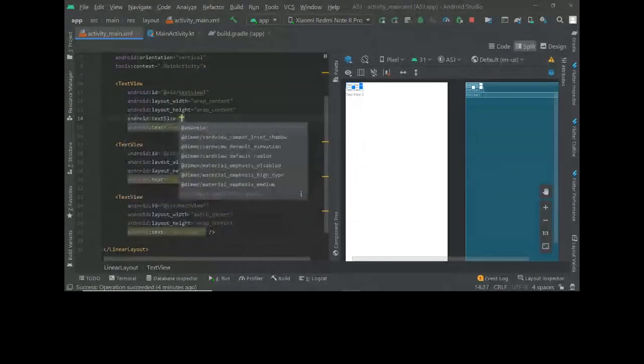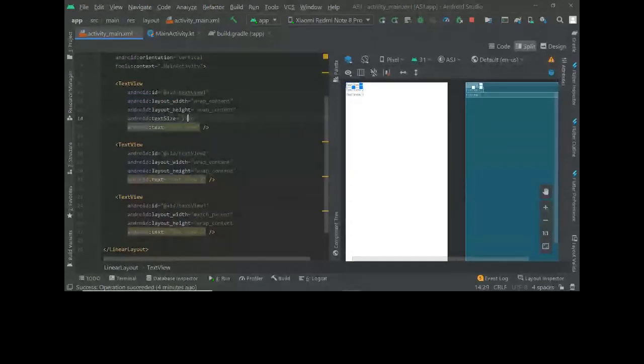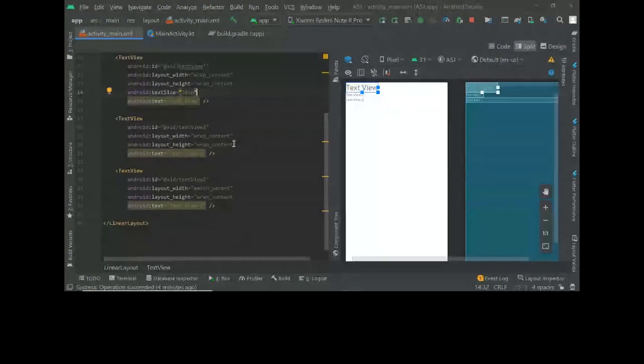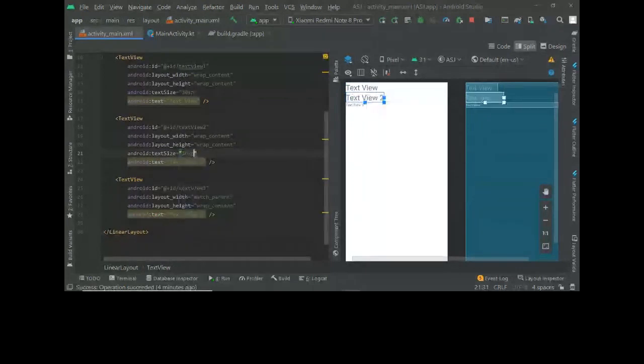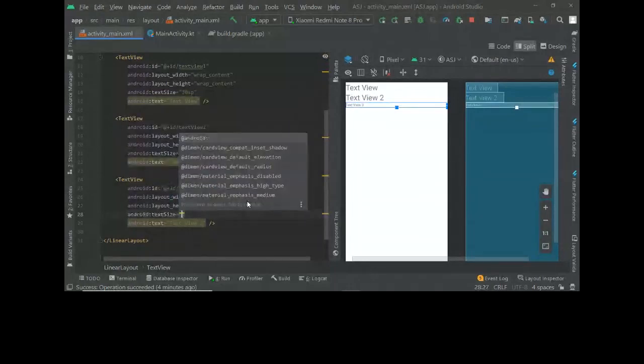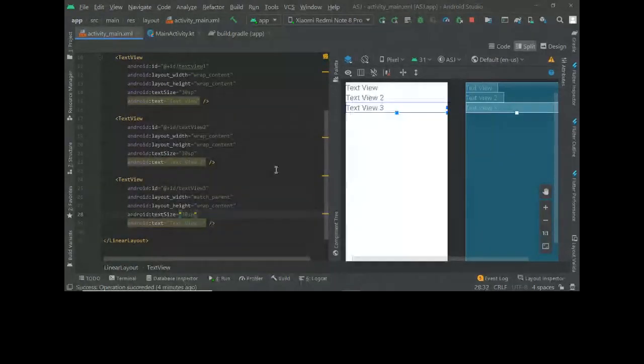SP is the unit of measurement here. So as you can see, the text size is increased, and the size is increased for all of them.